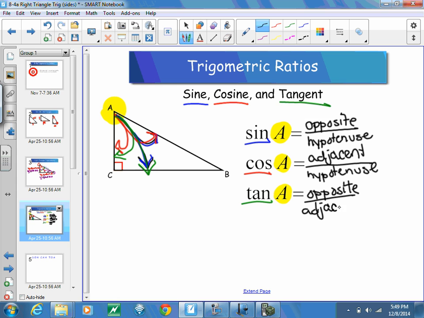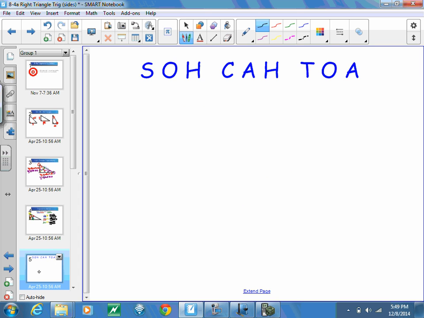Now you might be thinking, okay, how am I going to remember this? Well, there's a very easy three-word acronym that we're going to use to remember all of this right here. And it's called SOHCAHTOA. SOHCAHTOA. And all it's doing here is telling you that the sine of an angle is the opposite over